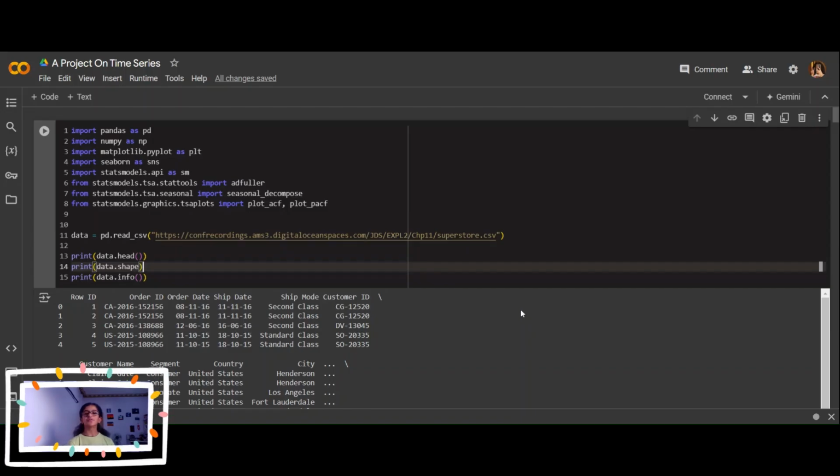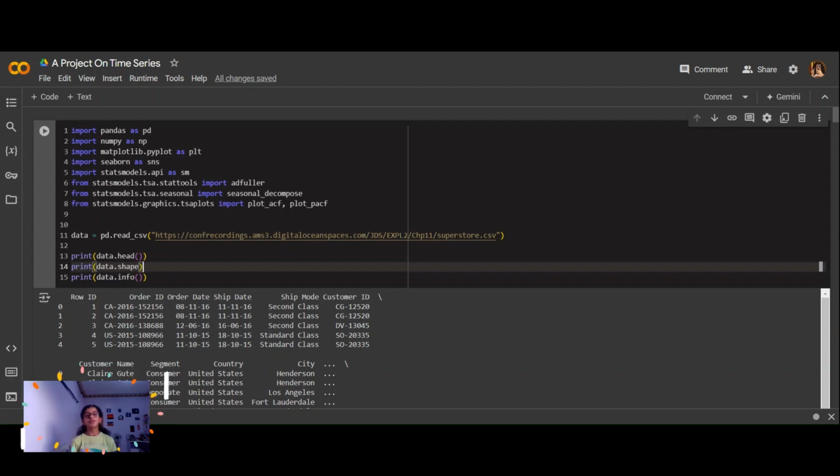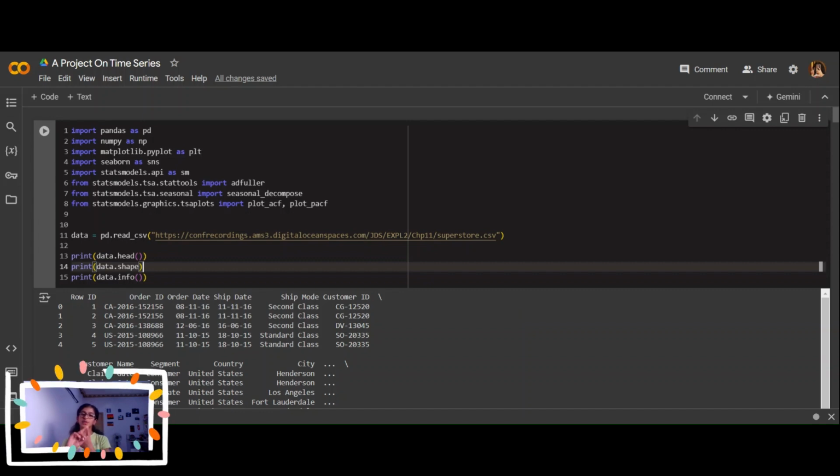And as I told you, the first step was to load and inspect the dataset, and that is exactly what we're going to do now. So we're going to import some necessary libraries, which are going to be pandas as pd, numpy as np, matplotlib, then we have Seaborn, and we're also going to import statsmodels.api. We're going to use adfuller and seasonal_decompose to check whether the data is stationary or not, and we're also going to plot the ACF and the PACF.